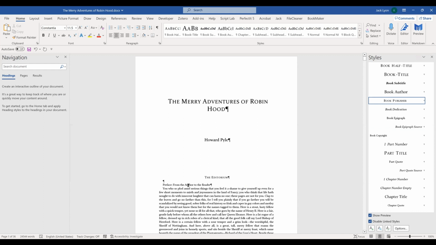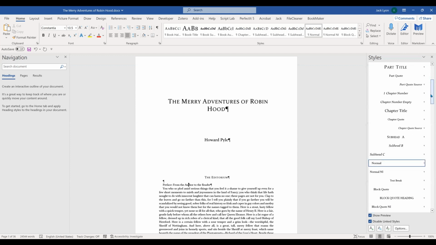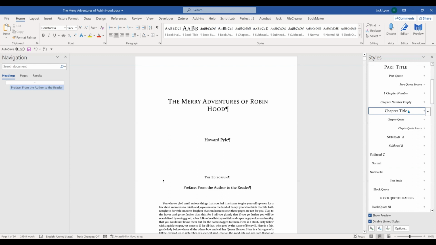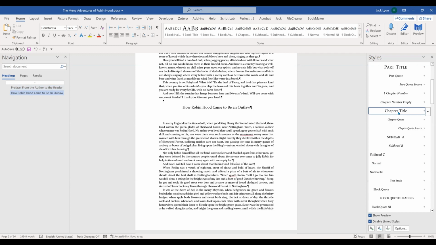Okay, so now here's a preface, and we're going to say that is the same kind of heading as a chapter title. So we'll style it as a chapter title. But you notice we're not numbering that chapter title. If we were, we'd put a number there, but let me show you here. Okay, here is how Robin Hood came to be an outlaw, which is actually the first chapter of the book. We'll style it as chapter title,